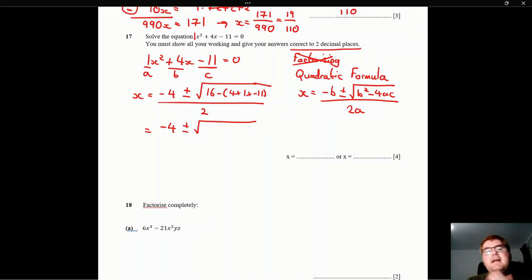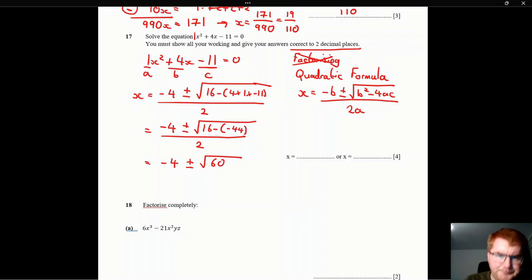Let's think about this carefully. So we have 16 minus 11 times 4, that's minus 44, all over 2. So that means minus 4 plus or minus the square root of 16 minus minus 44, that's going to be plus 44, which is 60,